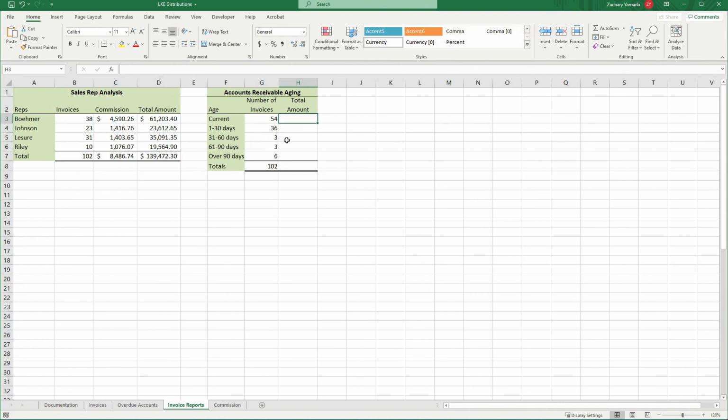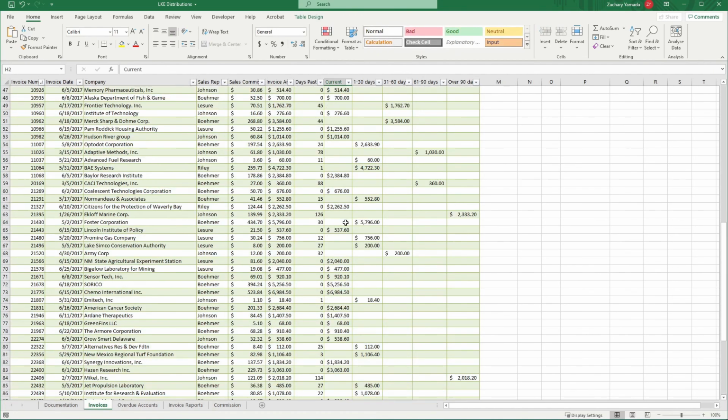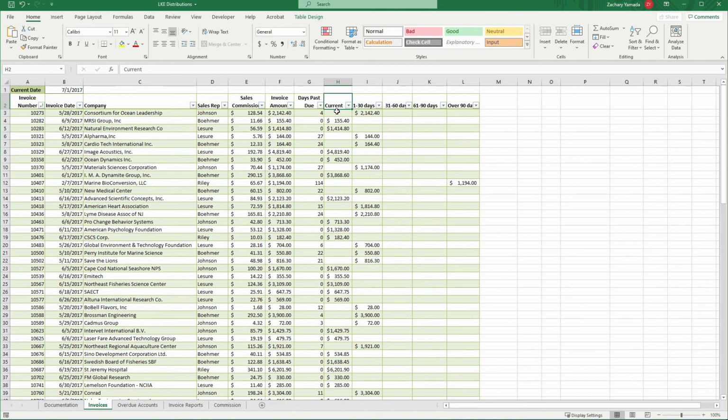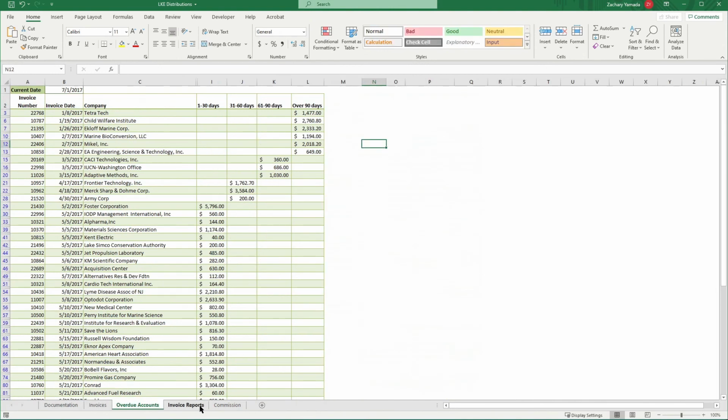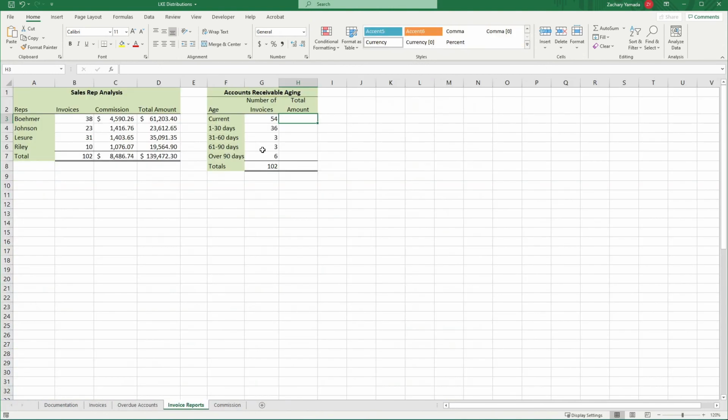Now, we just have to do the exact same thing here with the total amount column. Again, same trick: since we've already split out all of the current versus 1 to 30 day, 31 to 60 day, etc. values, we just need to sum up each column individually. So let's go ahead and sum